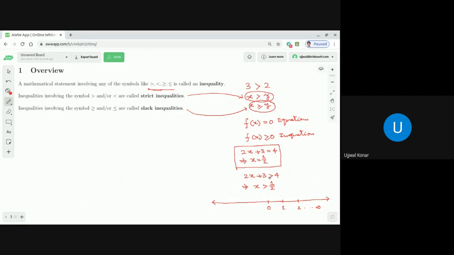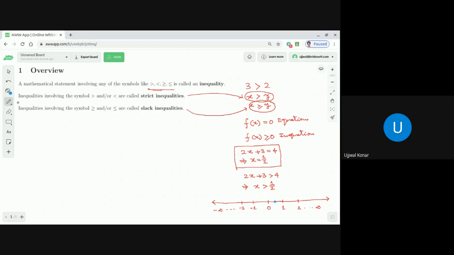Great. And you see here, on the left hand side, what is that? -1, -2, and in that way it goes up to minus infinity. Now, when you get that equation x is equal to half, if I use a different color, then we get this specific solution, half. So we got the solution, the blue dot, that is a point, and that point represents the number half in the number line.